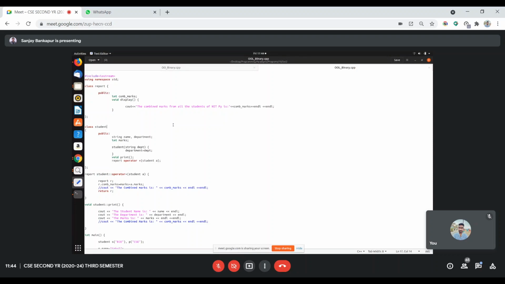On that first operand, the method which has been defined was executed by taking the second operand as an argument, and calculating and storing it. And the concept didn't suit the real world object, because no student will be having combined marks information, right?